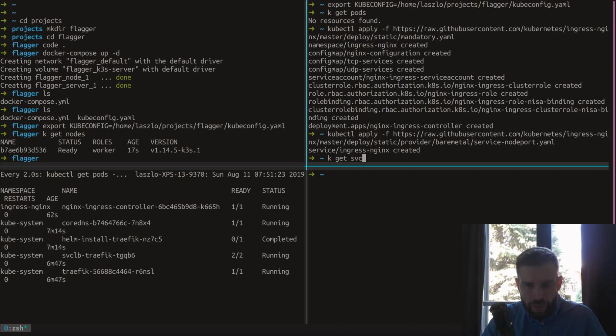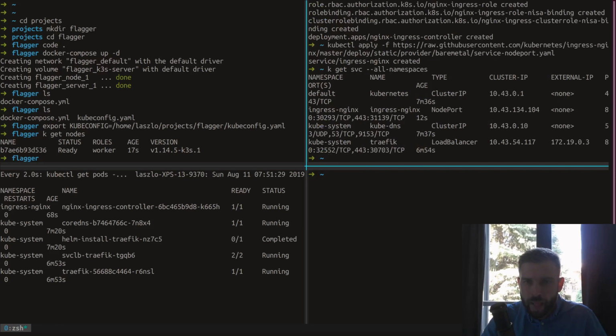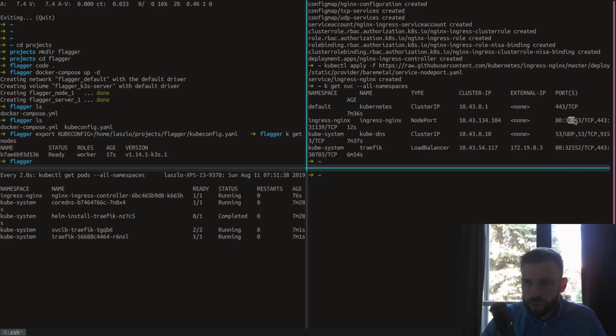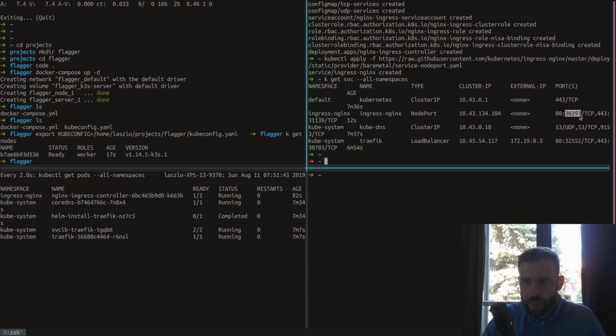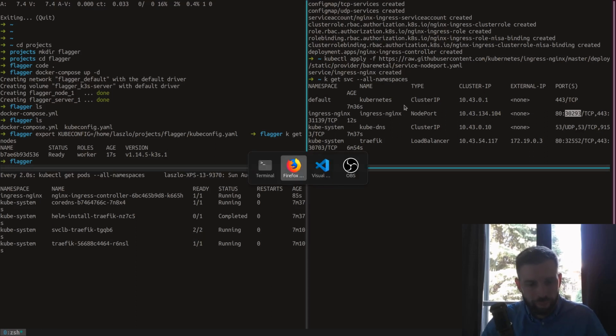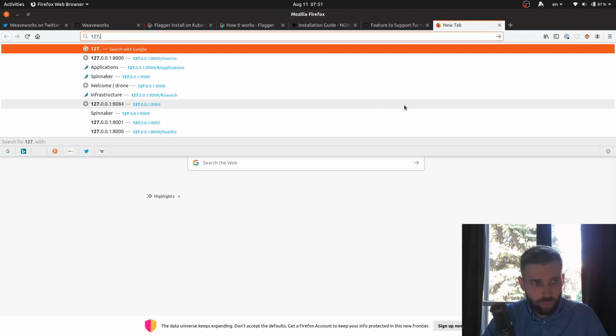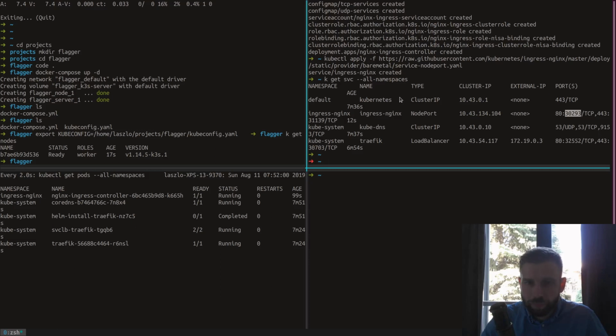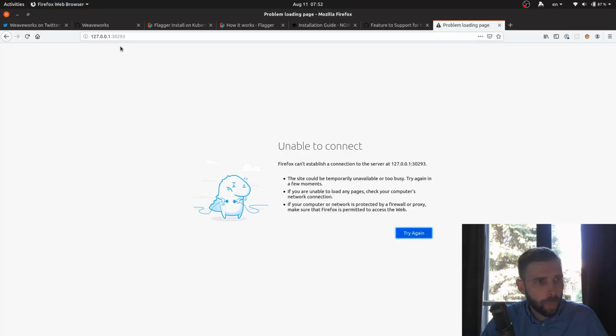So get svc all namespaces, and let me make the font size once smaller maybe. Okay, so this is my ingress. So I just need probably a domain name or just my localhost IP. Nothing. Maybe it's